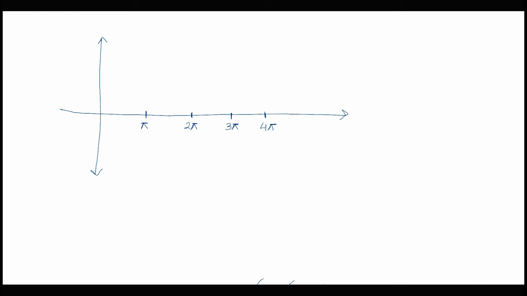So for the first half, the value is positive. For the next half, when the loop is moving out of the magnetic field, the value is negative. Again for the other half, the value is positive, and again the value will be negative. So I can mark this as B omega by 2r, and this one as B omega by 2r. So this is going to be our variation of current with time that is going to take place for this particular problem.